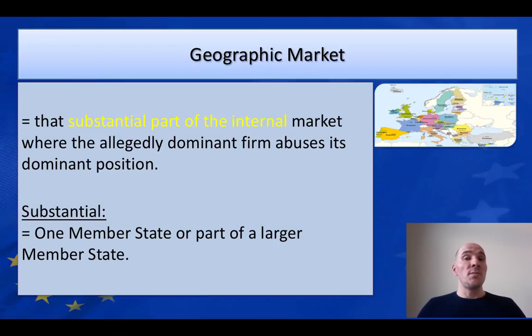It doesn't always need to be the case. There might be some exceptions when you talk about very heavy industrial products or mountainous areas where transport is difficult. You might say that under certain conditions the geographic market might be smaller. In the United Brands case, for example, the geographic market was not the entire European Union because some of the